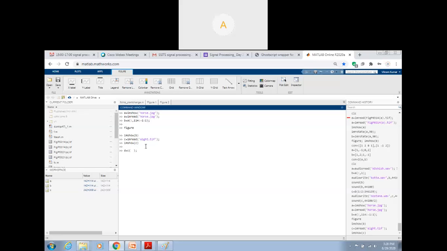Just now tell me in the chat box. You already saw how you interchanged the columns. When you interchanged the columns from right to left, you got the image as a mirror image. Now you want to do top and down, right? So what command do I have to write here? Please tell me in the chat box.